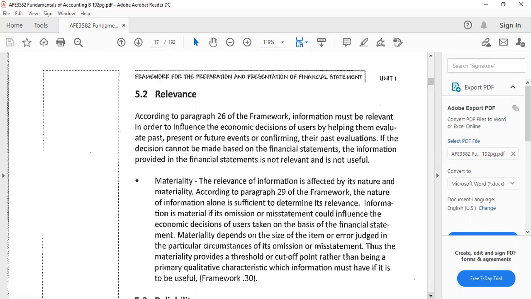It's just a pen. How can you record a pen in your balance sheet? It should be material. It should be relevant. Will a pen affect decision making purposes? No, it won't. That's why you need to look at the kind of transactions that